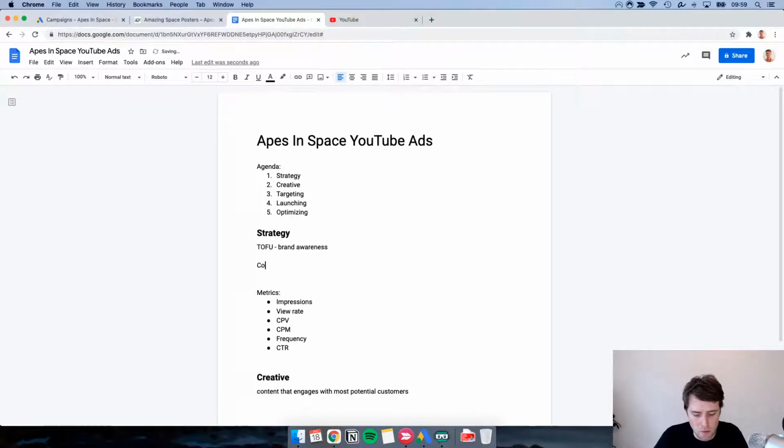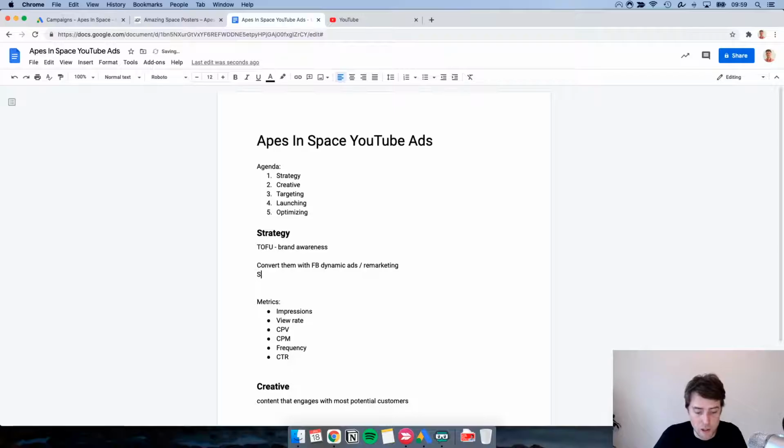How it plays into our regular strategy, we convert them with Facebook dynamic ads running, and we also have remarketing campaigns running, right? And we also have a shopping campaign with audiences, so it's also a type of remarketing. So we'll drive brand awareness with this and convert them actively with this. But of course, we're also doing email and also have a good organic presence. So we might find people that way as well.